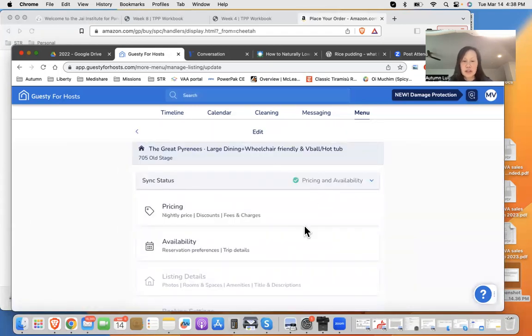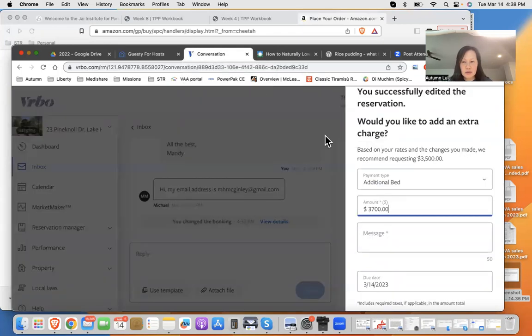Well, I'm just going to go with what I see. So I don't see any discounts. I don't know why they're requesting 3,500 instead of 37. I'm going to go with 37